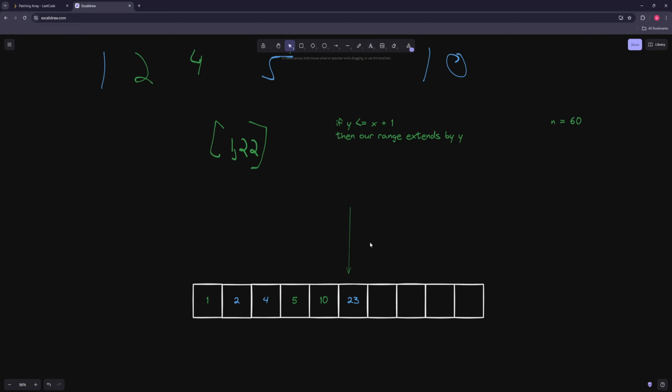And now our next range is, this is fine to add to our range because we're not missing anything, right? We covered 1 through 22. Now we add 23. So now we could cover 1 through 45. And as long as you're adding numbers that you're not missing, because this is our next number that we need to cover,